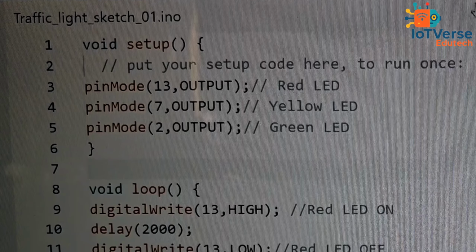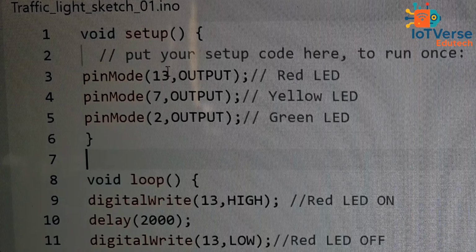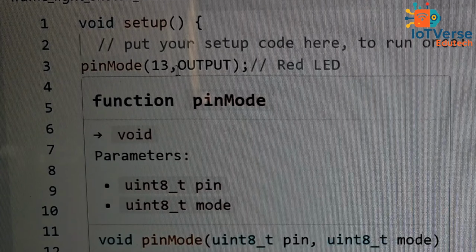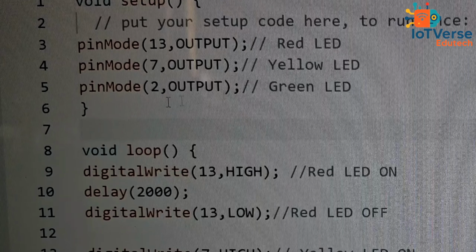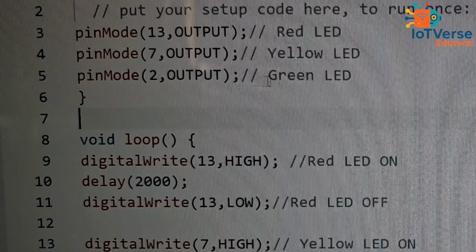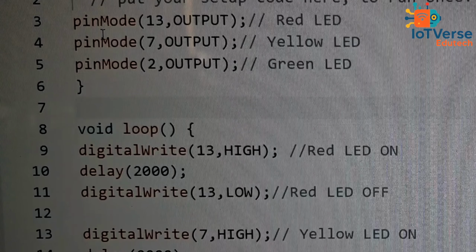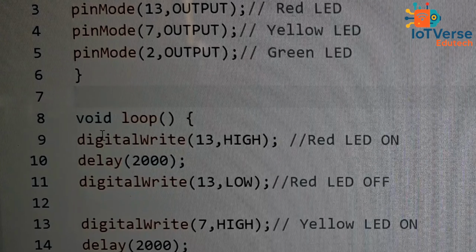Okay, so this is the code for the traffic light system. According to the connection, we connect pin number 13 as an output for the red color LED, pin number 7 as an output for the yellow color LED, and pin number 2 as an output for the green color LED. We declare them with the help of the pinMode syntax and apply a while loop